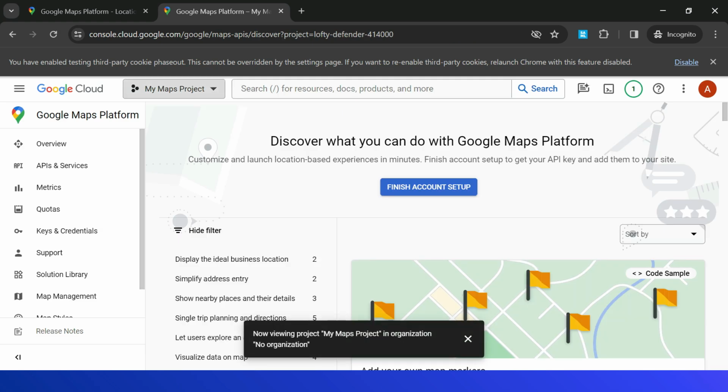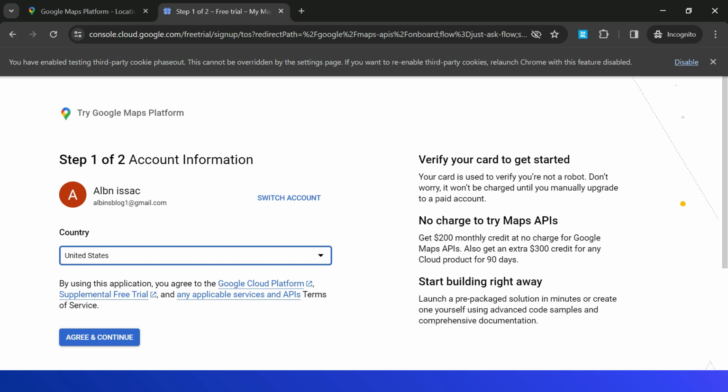Okay, first time this will create a project. If you see here, my maps project, so then you can finish this account setup. Click on this, agree and continue.